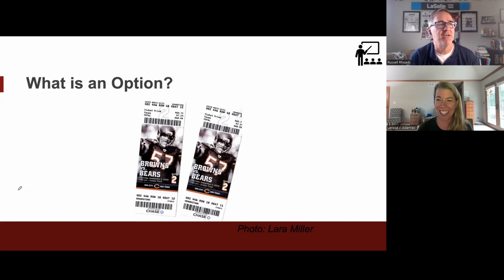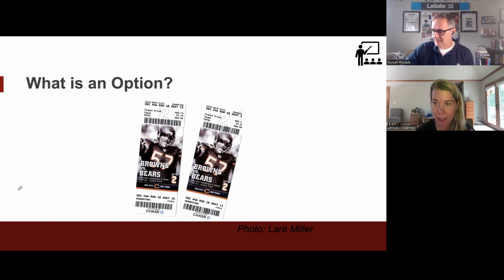Were these your seats? Not for the game that I'm going to talk about. Okay, good, because those are terrible seats. Yeah, they're terrible. But I like this picture because it's been so long since you get physical tickets. These were legitimate tickets that my sister and I had a long, long time ago. I think it says 2009. So a long time ago.